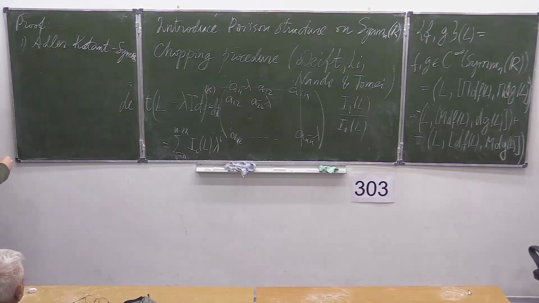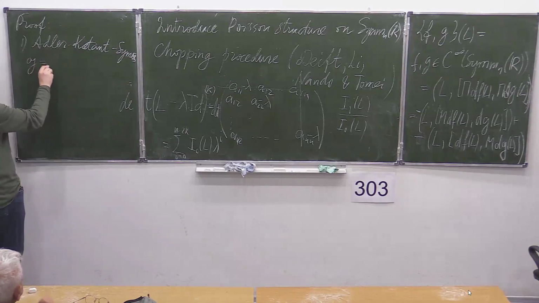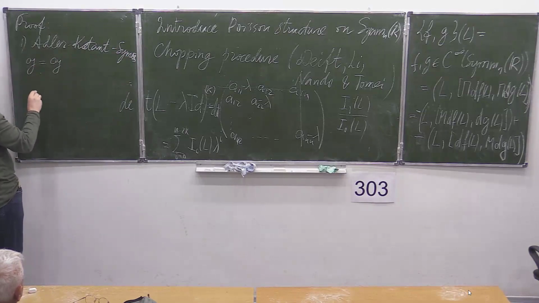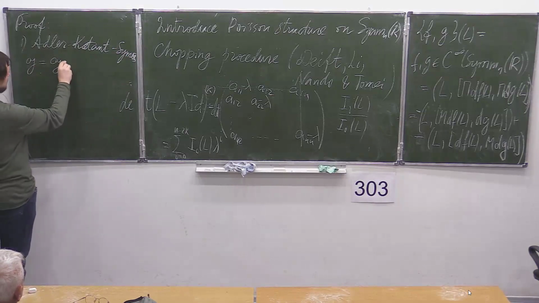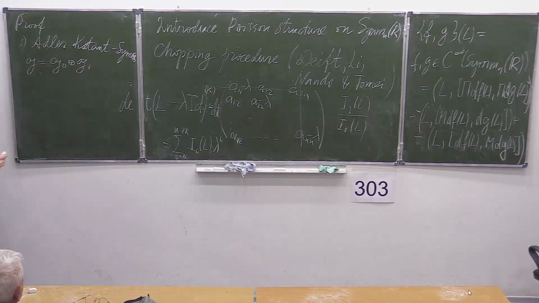It goes as follows. Suppose you have a Lie algebra G which has a direct sum decomposition into two subalgebras, G0 plus G1. We don't ask these subalgebras to be ideals in the algebra sense,